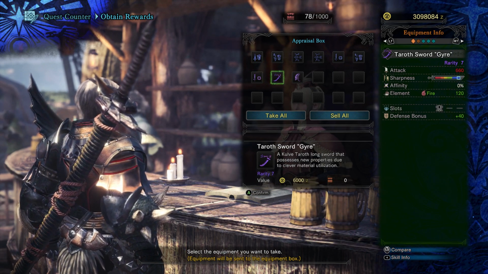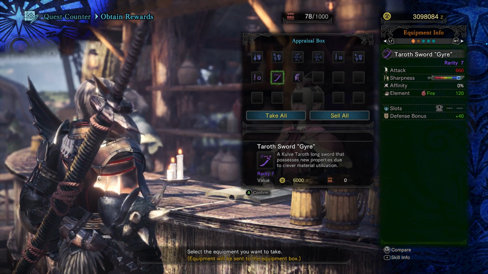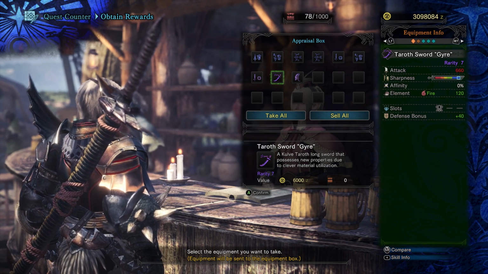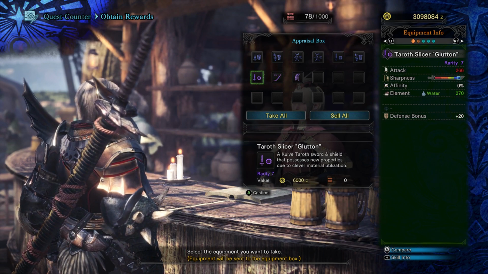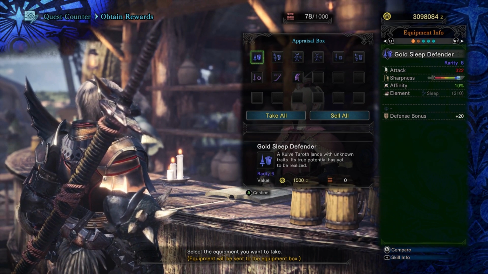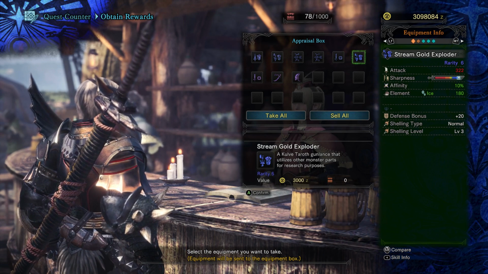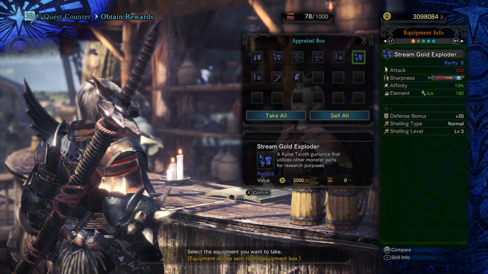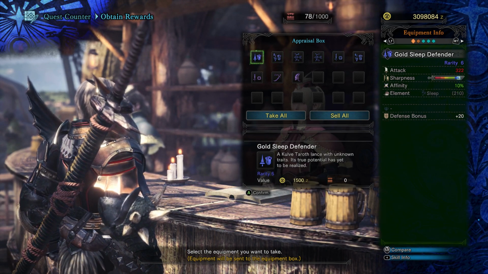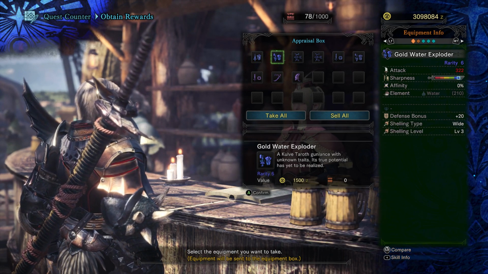Kulve Taroth long sword. So this one's fire. It's not that good because it's all blue sharpness. That's unfortunate. But it does give a plus 40 defense bonus. That's kind of nice. And a slot. I don't think any of these are really good. They're all kind of eh. It's too bad. Oh, that gun lance is a lot of white sharpness, but... So, Gold Sleep Defender, Gold Water Exploders, you'll see that they have...